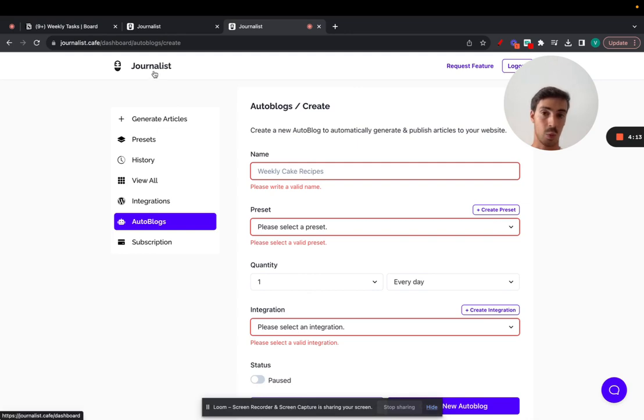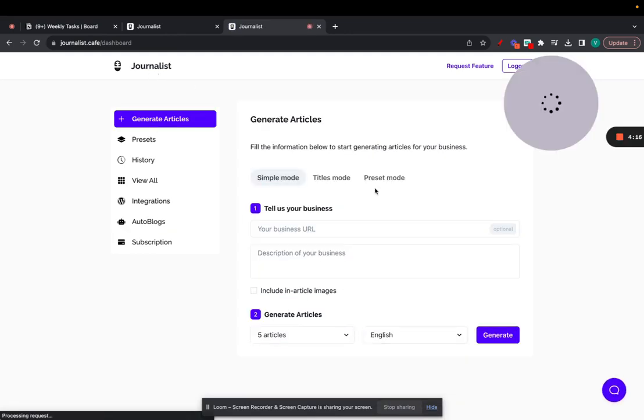Yeah, that's it. That's why this tool is so powerful. And these are the 3 generation modes